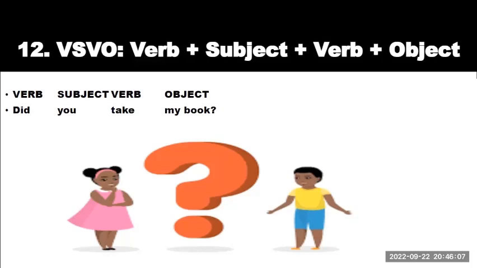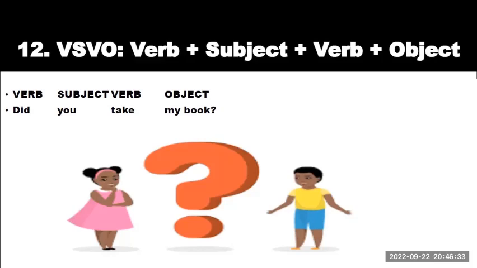Did you take my book? Did is the verb, you is the subject, take is another verb, and my book is the object. Did you take my book? So did is an auxiliary verb. And in most cases, when you want to ask a yes or no question, in most cases, you begin with